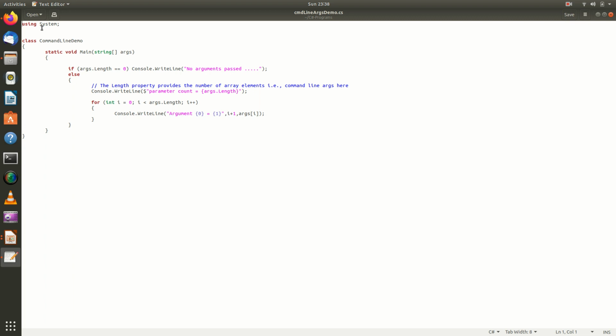It says how many arguments I have passed, and I am going to display the arguments one by one. So this is a very simple program, and remember, all of you have already studied command line arguments in C, C++ as well as in Java. So I am just browsing through how command line arguments can be used in your C# program also. So let me take you to the terminal so that we can execute this program and understand how the arguments are to be passed to this main method and what will be the output.